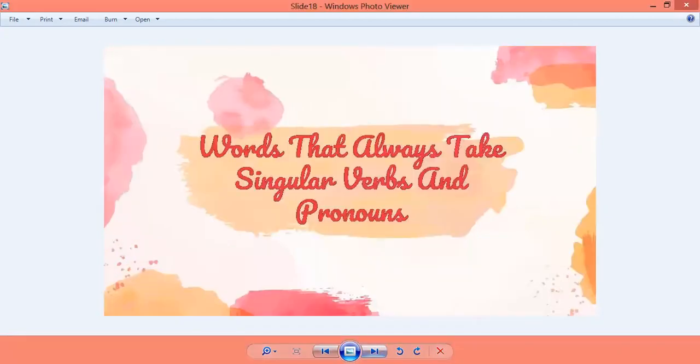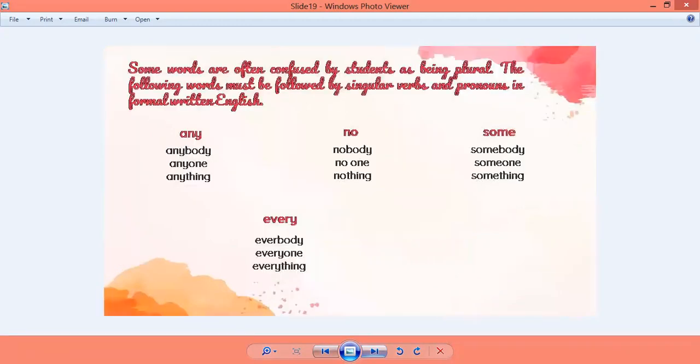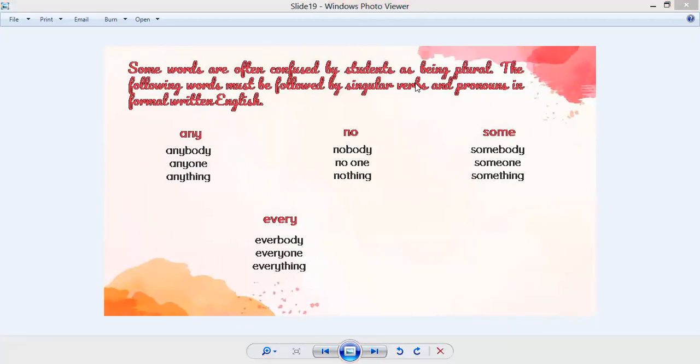All right, words that always take singular verbs and pronouns, right? Some words that we are going to see जो हमेशा singular verb ही लेते हैं, right? The subject is always going to be singular, right? So here some words are often confused by students as being plural. थोड़े words होते हैं जो हमेशा students को लगता है कि plural हैं, जैसे कि